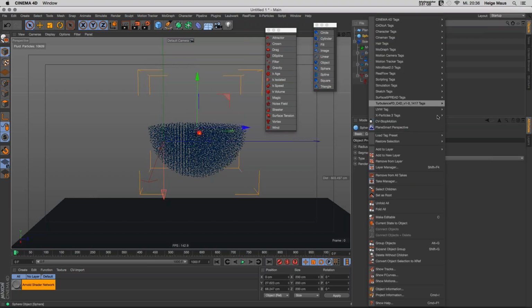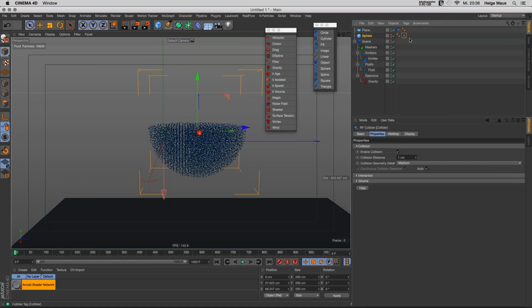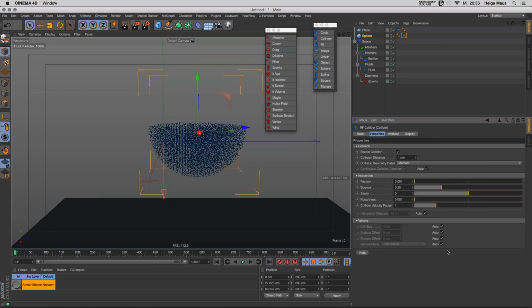And if we go now back to our sphere, add here again a collision tag from RealFlow, but this time I switch here to the options and I tell the system that I want to change here the volume mode to solid outside. You see